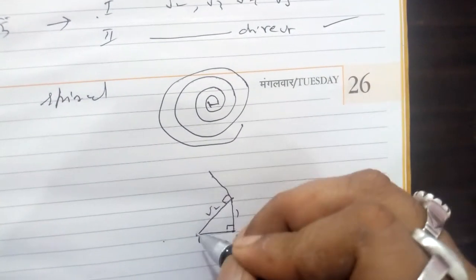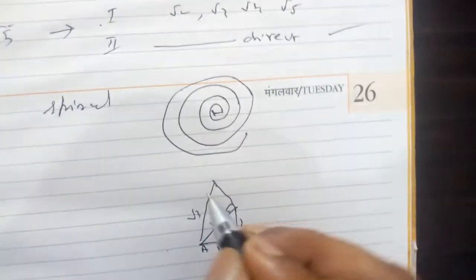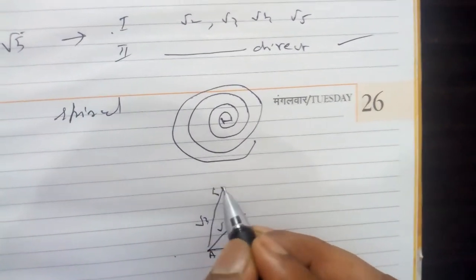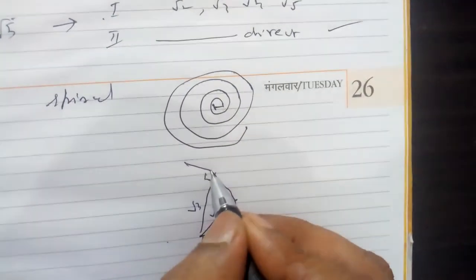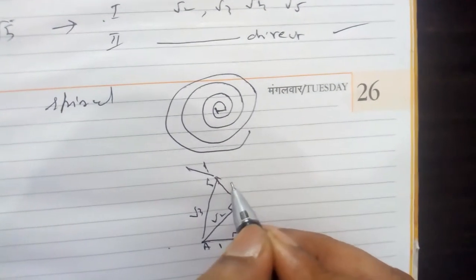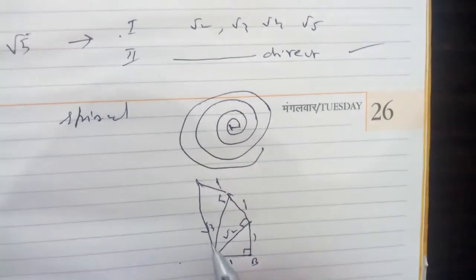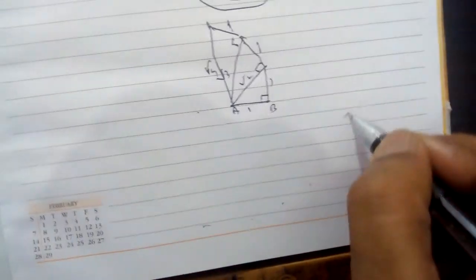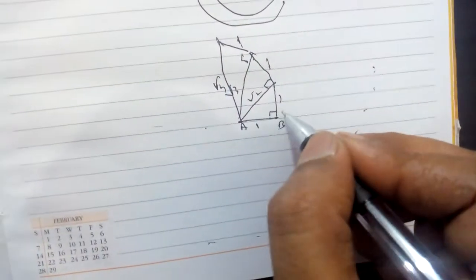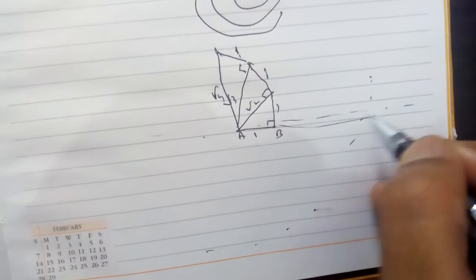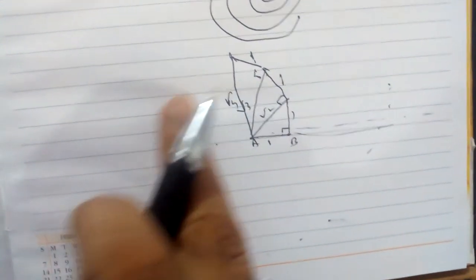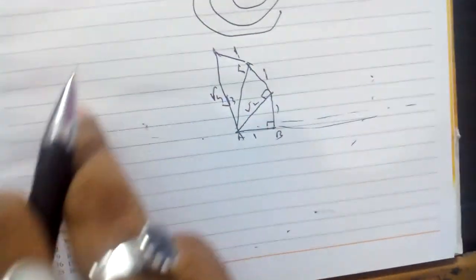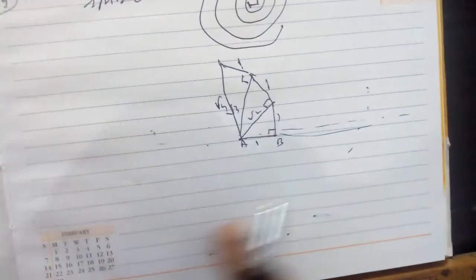Like this, you draw 1 unit and you will get root 3. This will be continuous. You move 1 unit always. 1 unit you draw and join it. You will get root 4, root 5, root 6, root 7, root 8, root 9, up to root 17 here. Again, spiral means it will cross this line. When you draw root 2, root 3, root 4, root 5, root 6, root 7, root 8, root 9 like this, every one, then you will get a spiral.